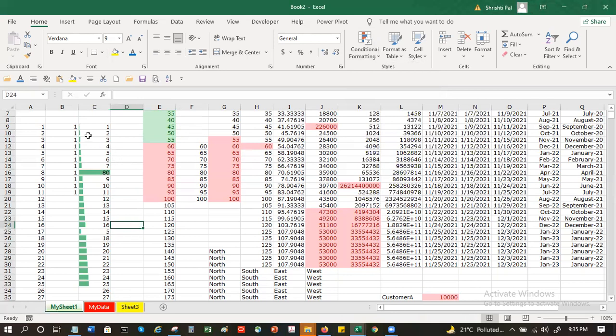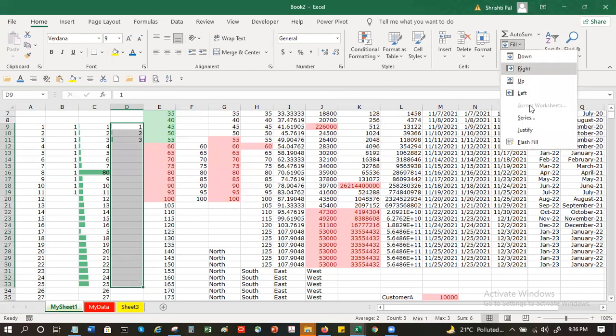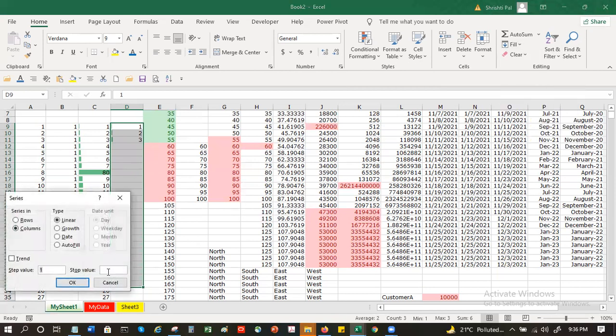This is fine. Now you want to have some kind of, people freak out when you do some amazing things with Excel. So something like this. Let's say I have this sequence, 2, 3, up to 25. So I just highlight this, drag it. I can use fill also. I can choose here, go to fill, go to series, and the stop value is 25.